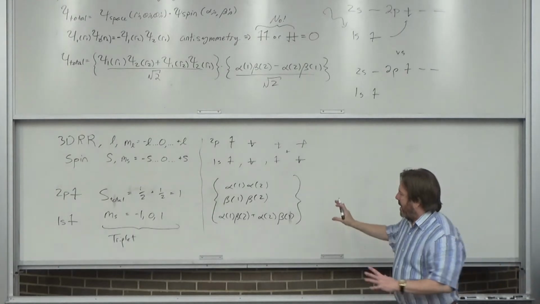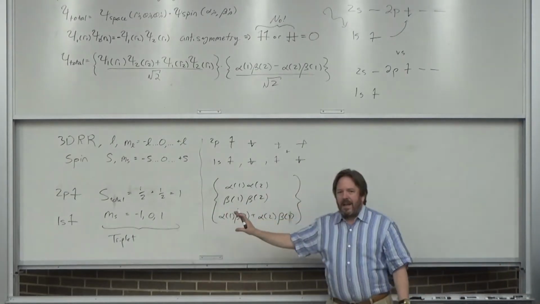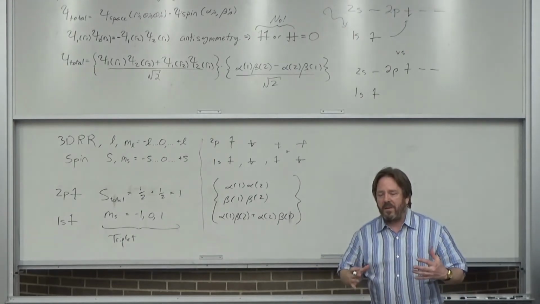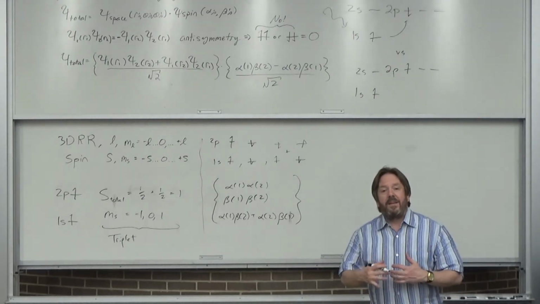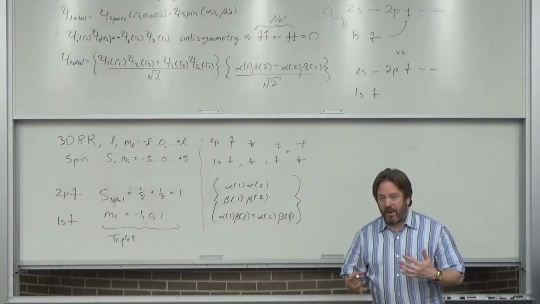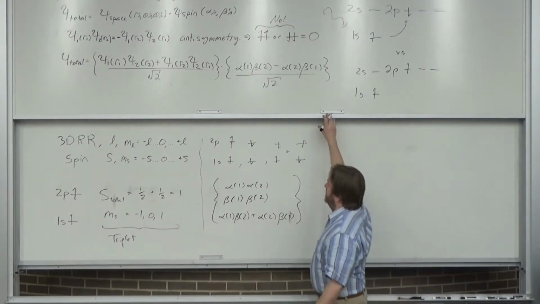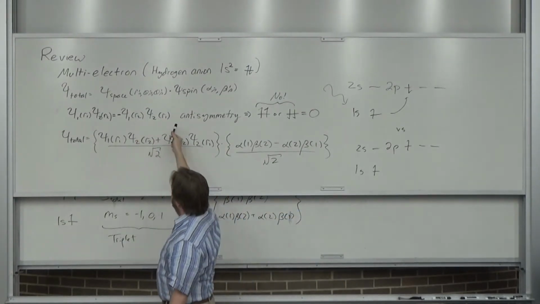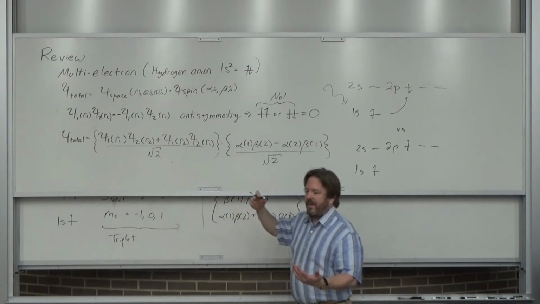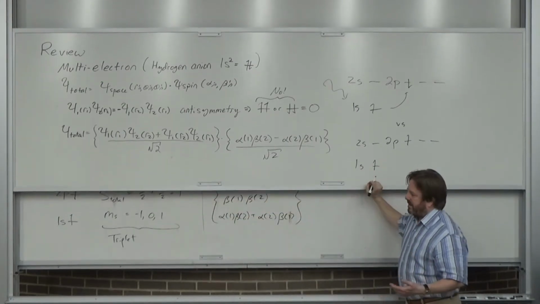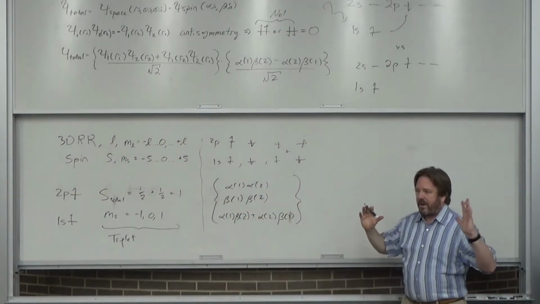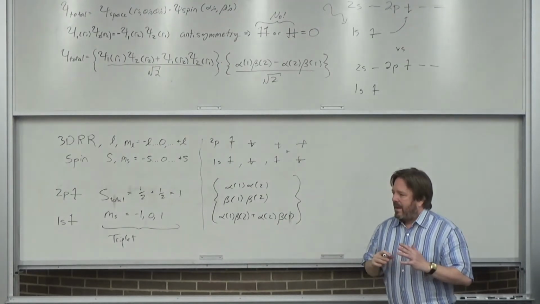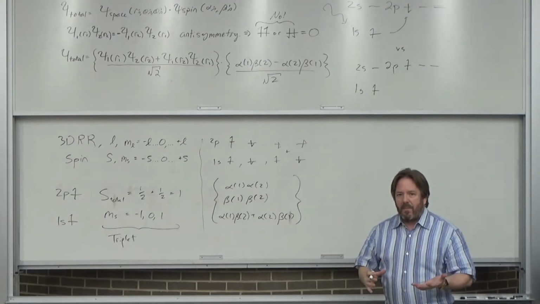Before we stop talking about triplet states, let me point out something. I know that there's a whole bunch of moving parts. One of the moving parts was the antisymmetry bit, right? And remember, if I switch two electrons, the labels of the electrons, for weird reasons, I find that strange even still. I know I have to do it, but it's strange. If I switch the labels, I have to pick up a minus sign.